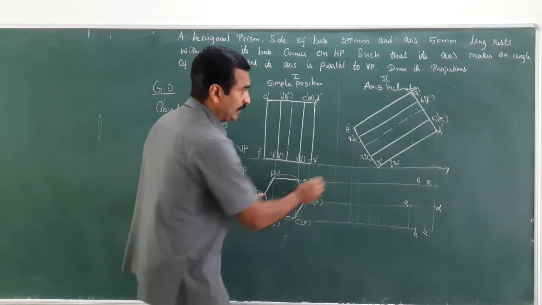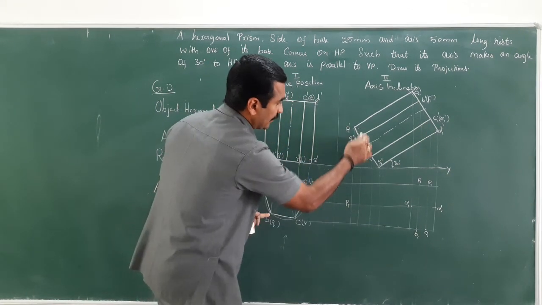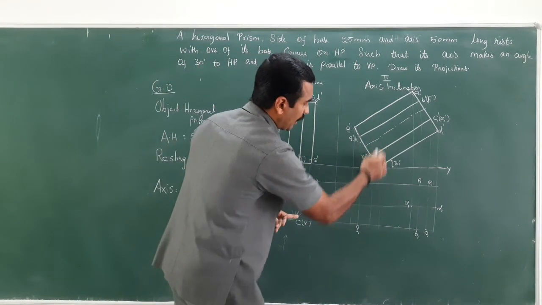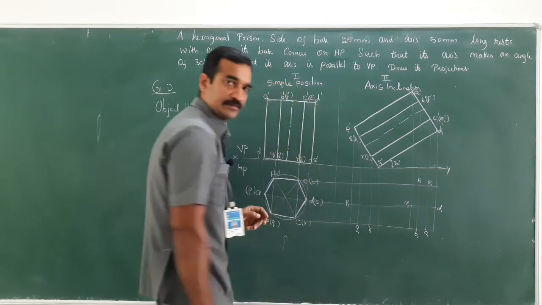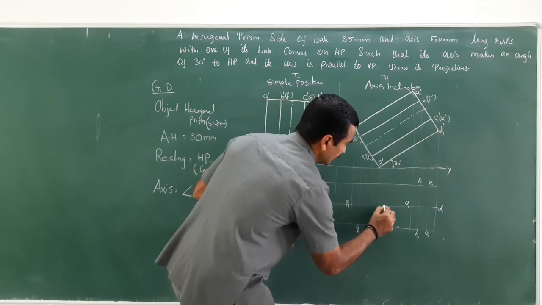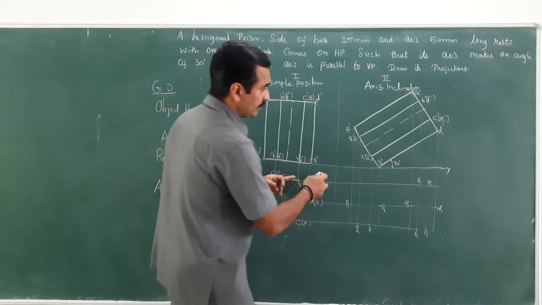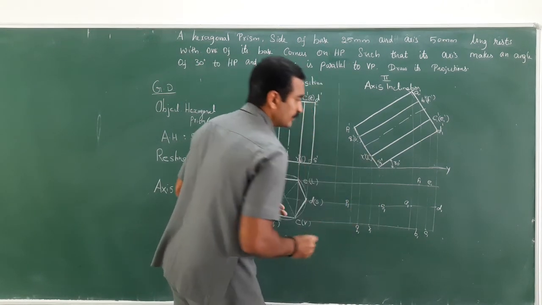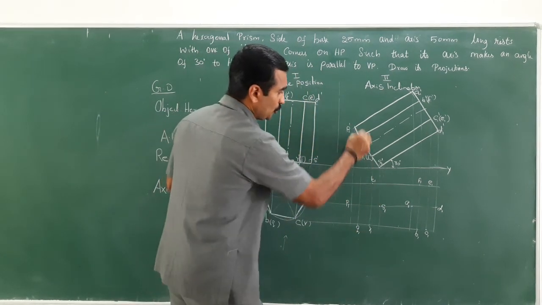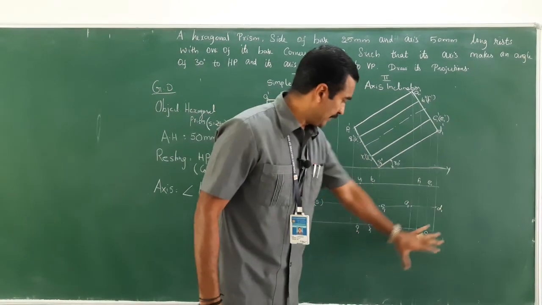So P and P are getting intersected here. This could be P1. Q and Q are getting intersected. This could be my Q1. R and R are getting intersected here. Now, yes, the horizontal projector and vertical projector are merging here. So this could be my S1. Right. Now T and T are merging here. So this could be my T1. Now U and U are getting intersected here. So U1. So all the points have been marked here.